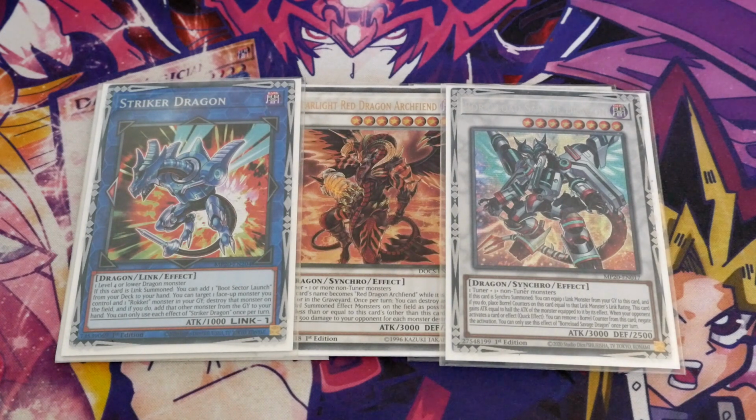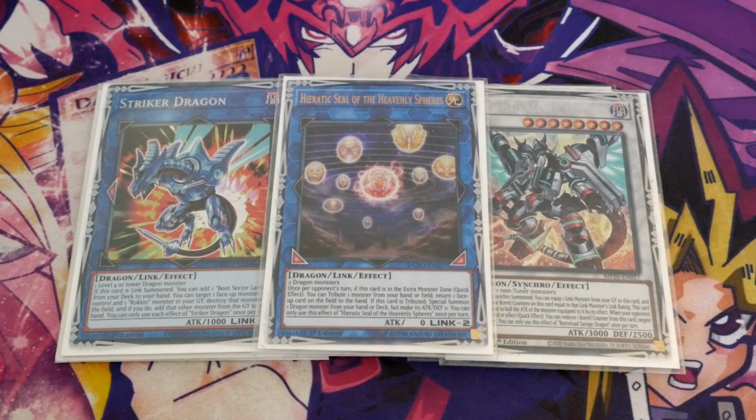The chances are you've probably used Chaos Space, so you activate Chaos Space to get a draw that might fix your hand, might not, and then you turn Black Collapse in with Striker Dragon into Heavenly Hieratic Seals of Heavenly Spheres. There we go. So again, yes, you're taking up your extra monster zone, which is a bit of a ball ache, but by setting this up, it still gives you a nice bounce,